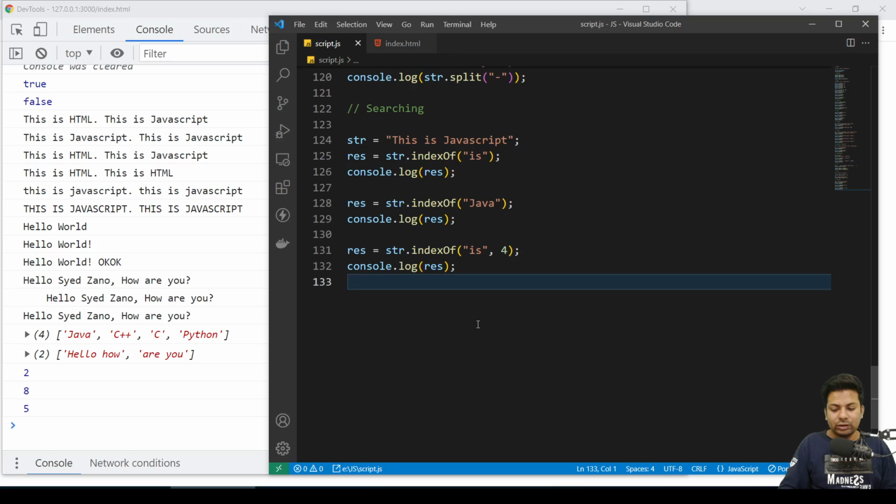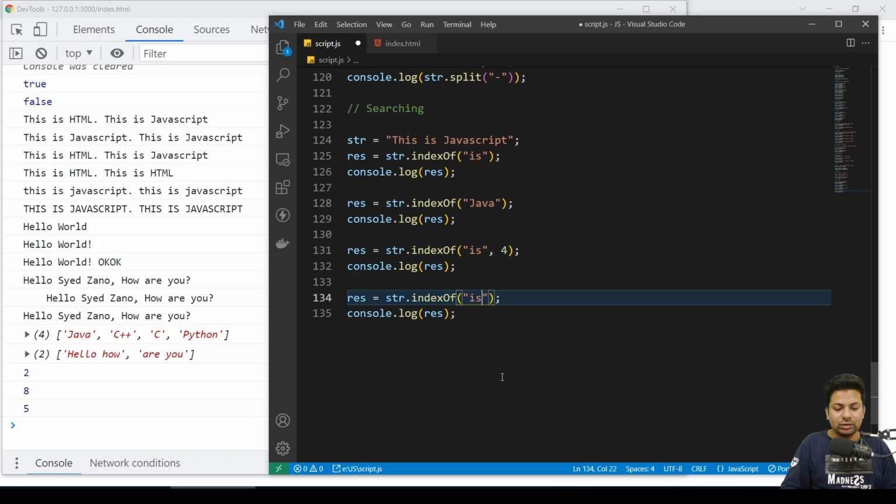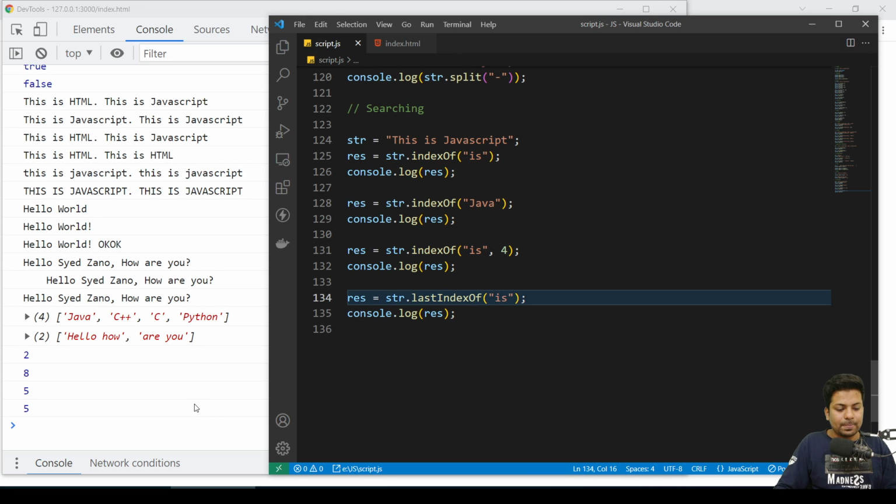Then you also have lastIndexOf. Now with no position given, I'm saying just tell me the last index of "is". I got 5. How? Because it's searching from the backwards and found "is" first, so it gave me 5.